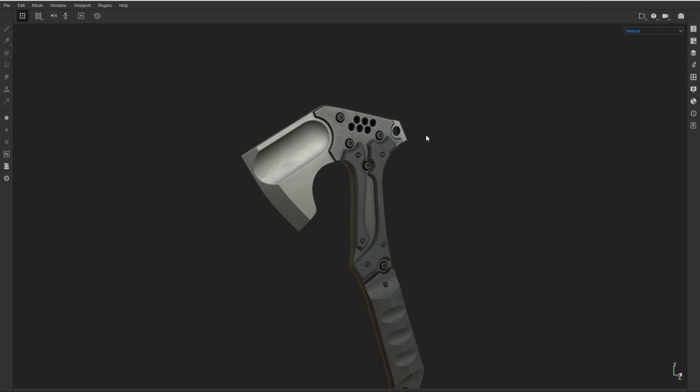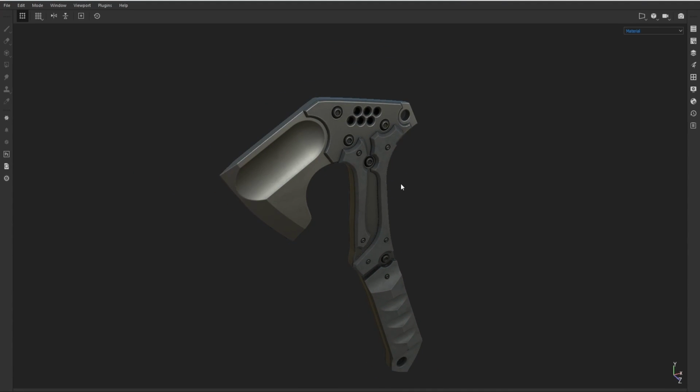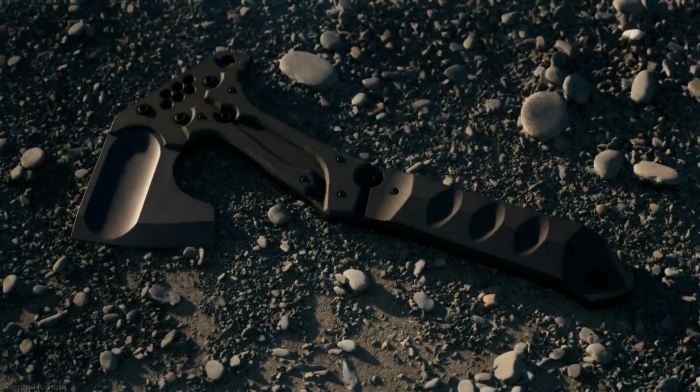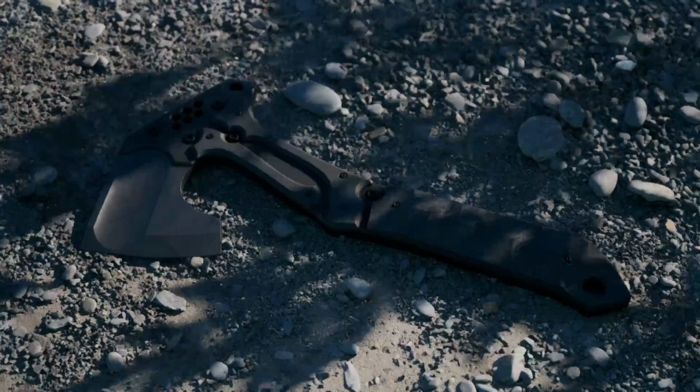So I went quite simplistic on materials, and then from here I just export this into Unreal, and what you see now on screen is roughly the results that I had in Unreal by using this process, going from Houdini to Substance to Unreal,